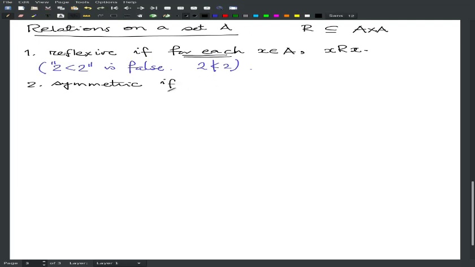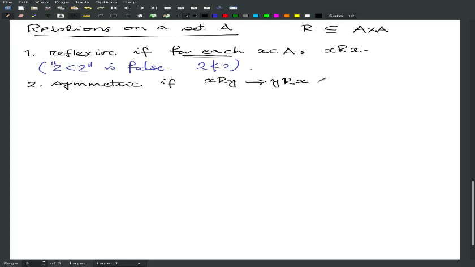Okay, so a relation is said to be symmetric if x R y implies y R x. So it says if x is related to y, then y is related to x. Okay, again, less than is not symmetric. 2 is less than 4, it doesn't say that 4 is less than 2. So you can see there are asymmetric relations. But